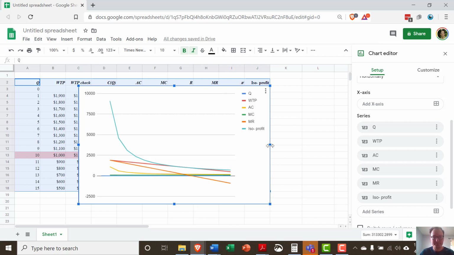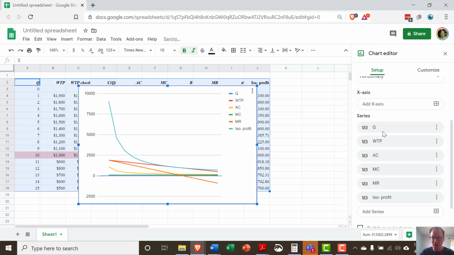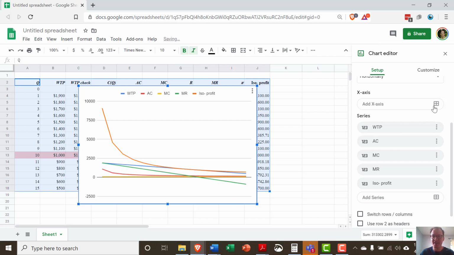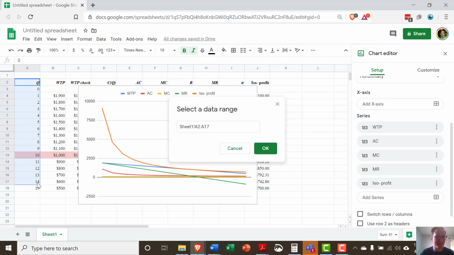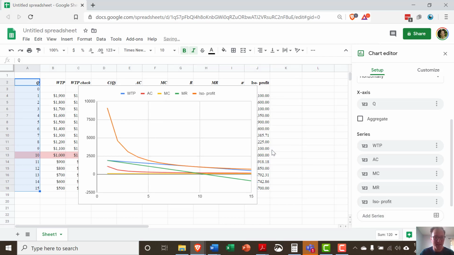There are a few other sort of changes we need to make. The x-axis right now, actually quantity here shouldn't be on the vertical axis. That's actually something that should be on the horizontal axis. And this is one of the trickiest things, I think, for people when they highlight all the data, getting the right thing on the horizontal axis. But now this is how you do it in Google Sheets. So this is looking more and more how we'd like it to look.